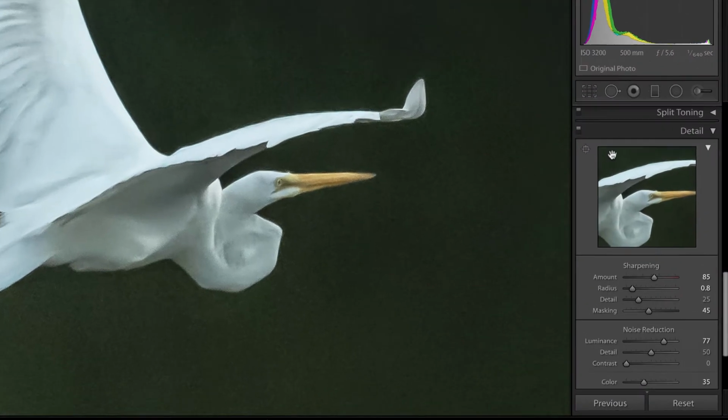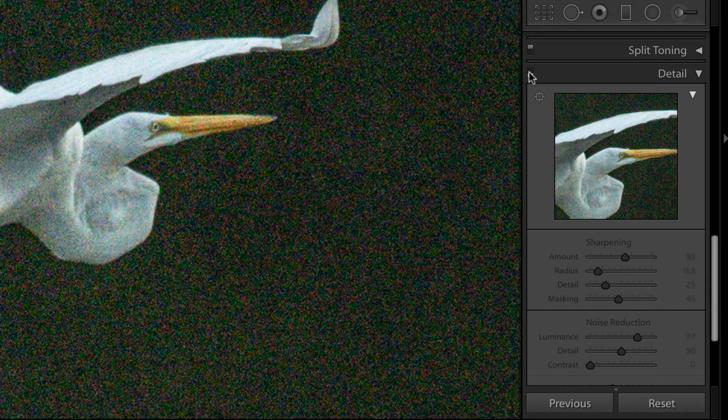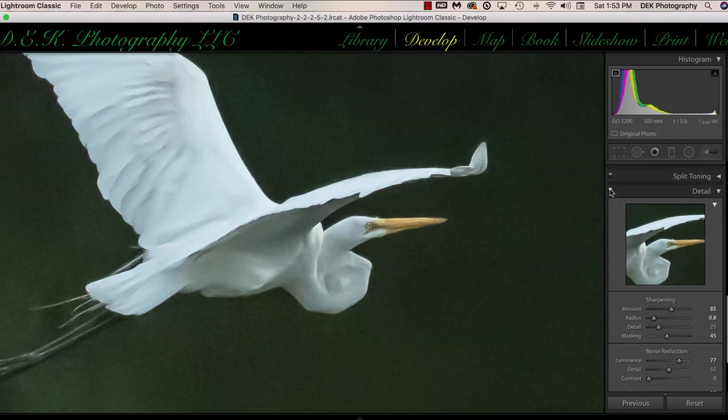and the way to check it is to use this light switch up here at the top of the detail panel. I can turn off the noise reduction and sharpening by clicking on it, and you'll see how much we've accomplished by using the noise reduction and the sharpening. And when I turn it back on. So at this point, we've done a pretty decent job of reducing the noise and sharpening the picture,